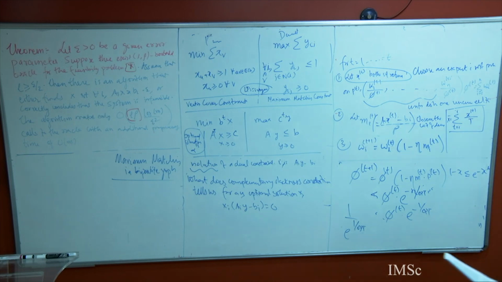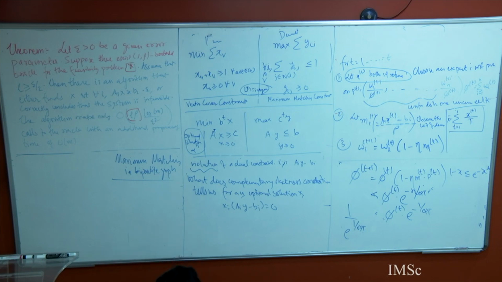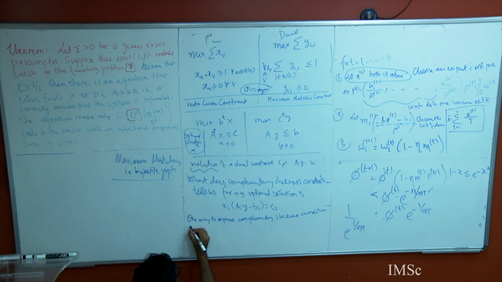So I will treat these x_i's, because we will always maintain x_i as non-negative, since there is no point going below 0. I will always maintain them as non-negative integers. And then how do I treat that? One way to express the complementary slackness condition as a single condition is